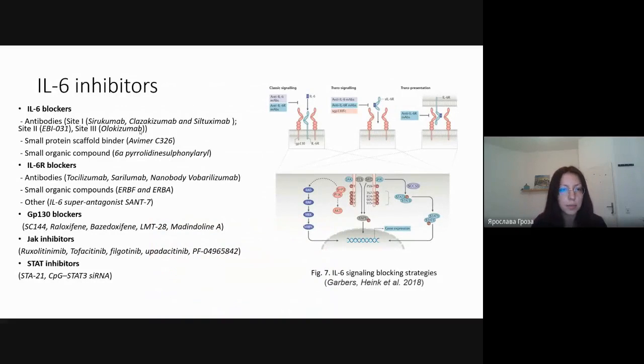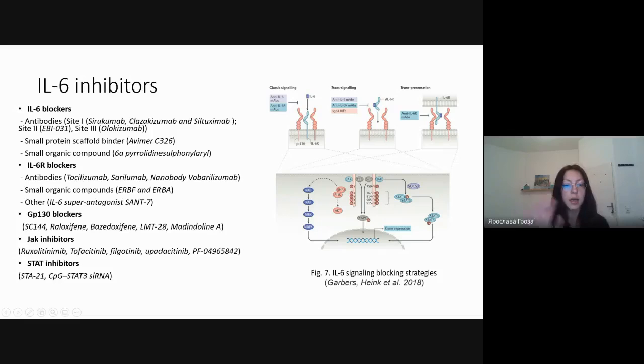It's not the first attempt to create interleukin-6 inhibitors, and actually some of them are already approved for the market. There are several strategies. It's possible to block the interleukin-6 molecule itself, to block either of its receptors, or to block downstream signaling. As we can see, most